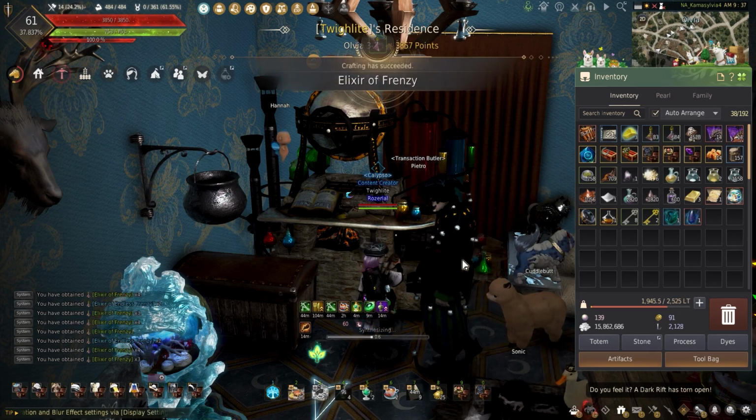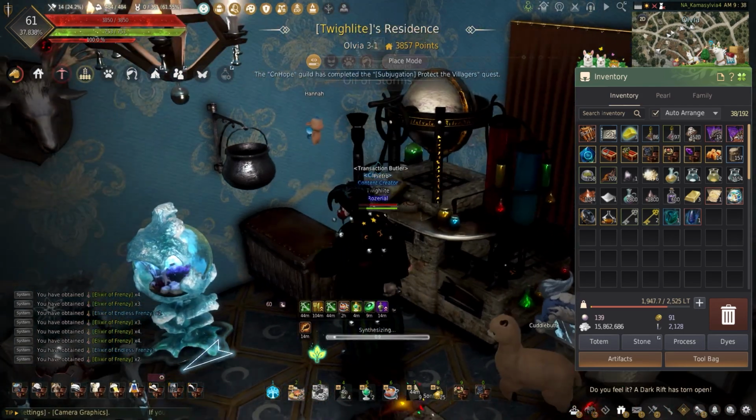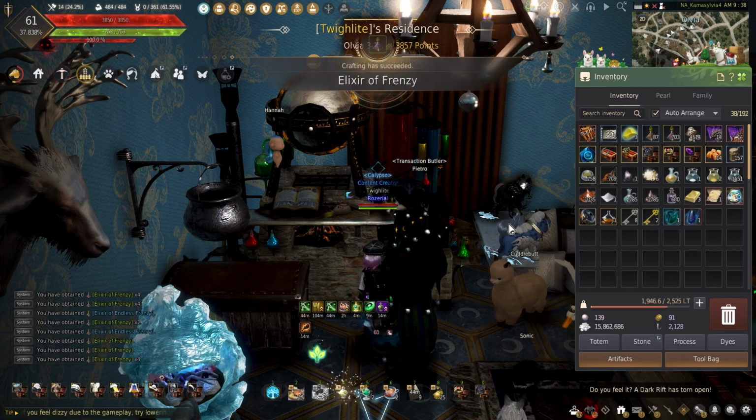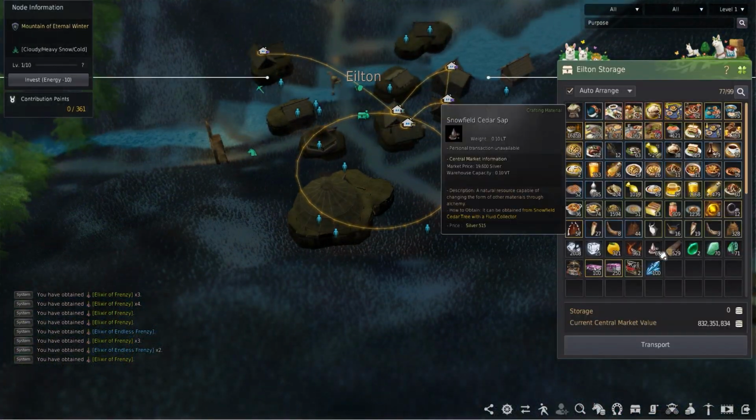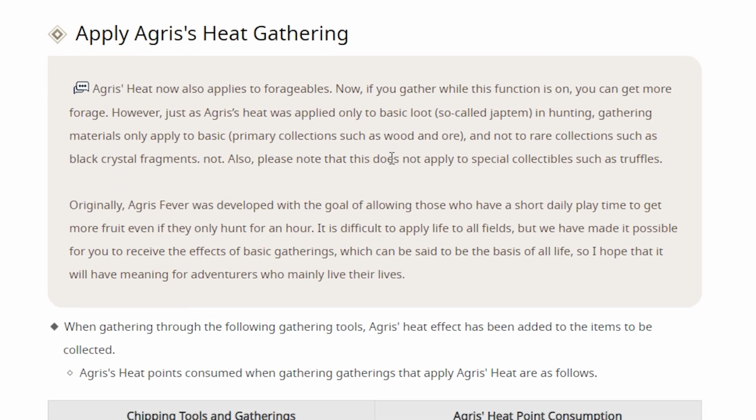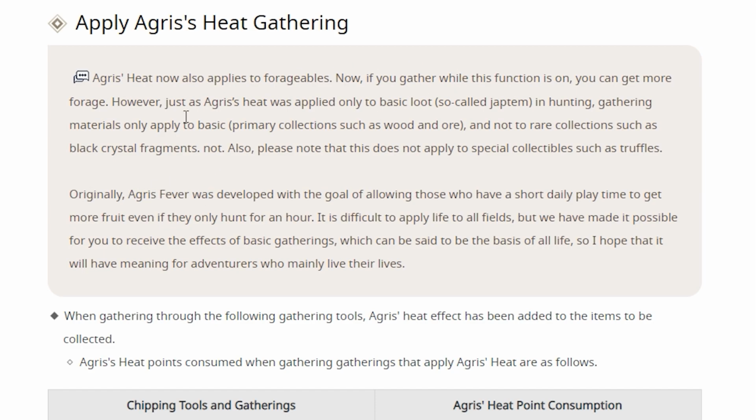The bottleneck isn't too bad with this, but with making the Elixir of Destruction, it can be a little bit harder, combining for the Elixir of Indignation needing the Snowfield Cedar Sap, and that can slowly be gathered. Now with the Agris Heat update, you won't have to worry so much about that. With being able to gather larger amounts of sap, I should be able to go ahead and make the Elixirs